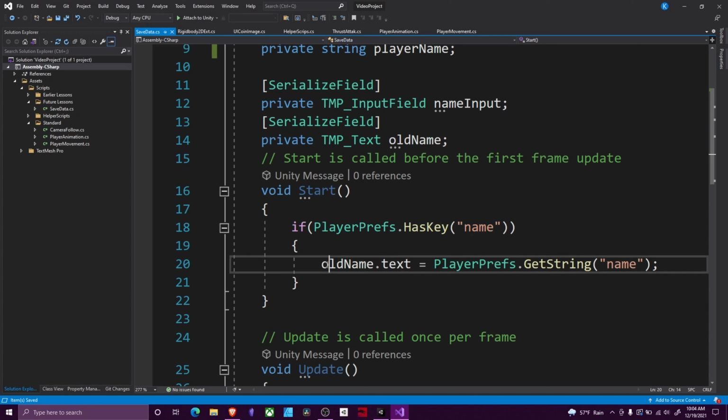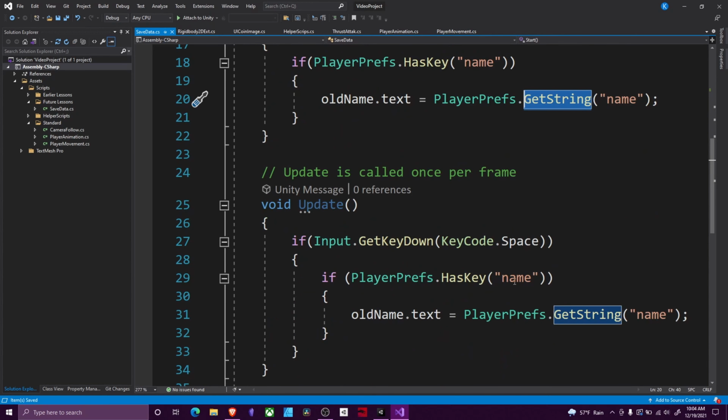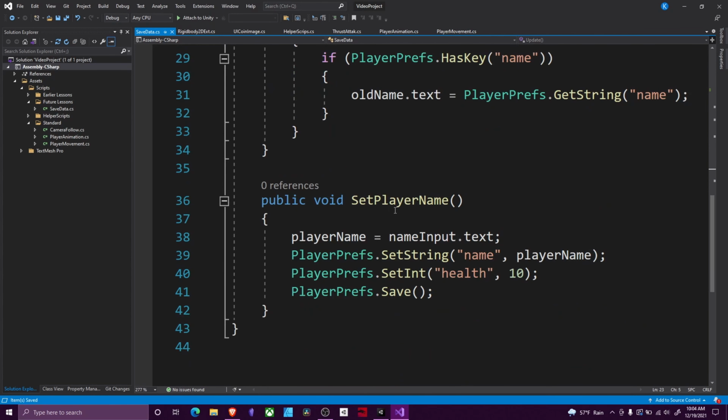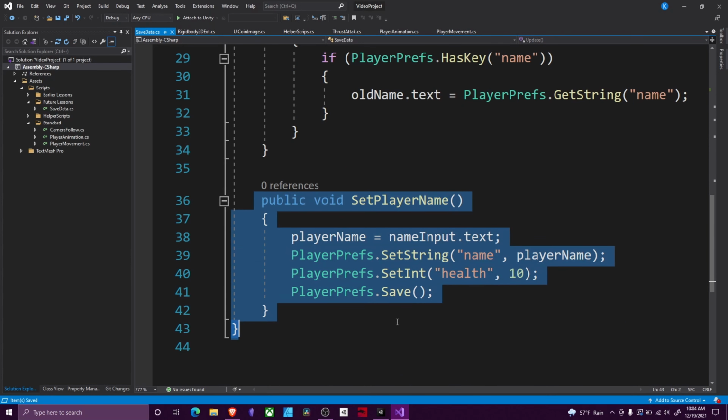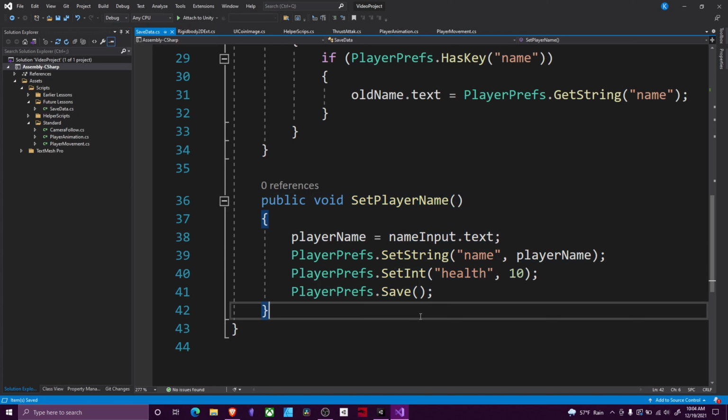And then here we set our old name text equal to whatever the value of that name is using GetString. I have the exact same code here on spacebar, so we can just test it without having to reload the game. And here, this public function right here is the one that is called by our input field,